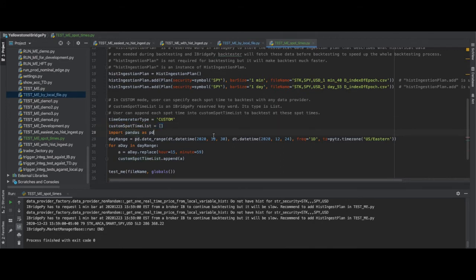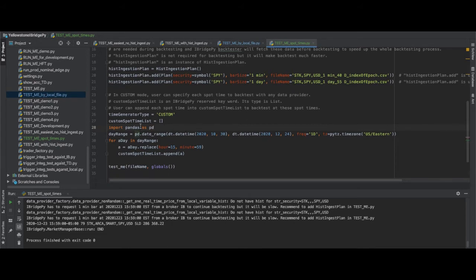In this demo, I'm going to use pandas date range to create a list of spot times. That's why I need to import pandas as pd. Then date range is a list of spot times, created by a pandas function called date range. In the date range, I need to designate a start time and an end time. Frequency 1D means I just want the daily data,